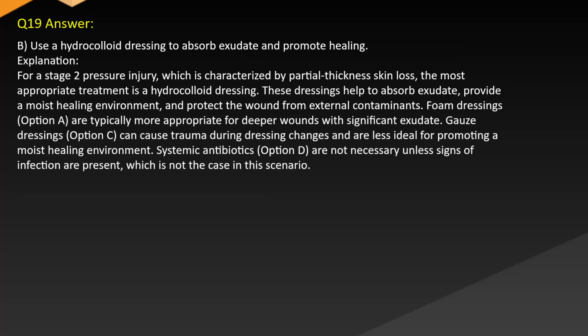Correct answer. B. Use a hydrocolloid dressing to absorb exudate and promote healing. Explanation. For a stage 2 pressure injury, which is characterized by partial thickness skin loss, the most appropriate treatment is a hydrocolloid dressing. These dressings help to absorb exudate, provide a moist healing environment, and protect the wound from external contaminants. Foam dressings, option A, are typically more appropriate for deeper wounds